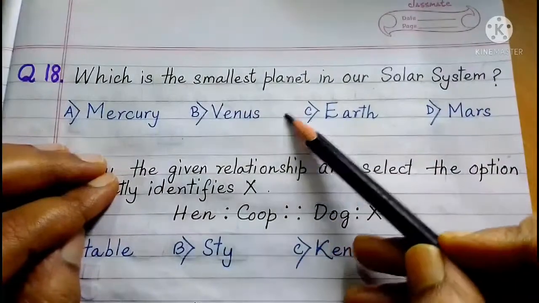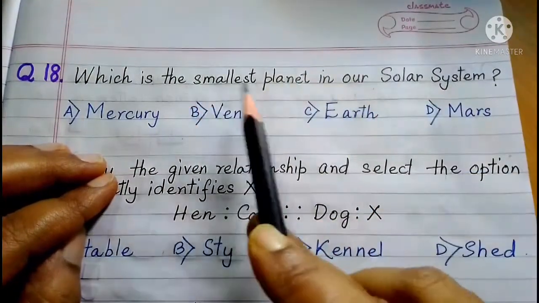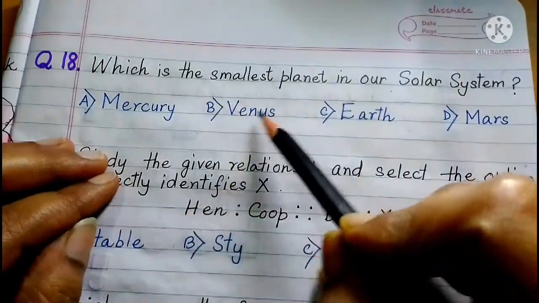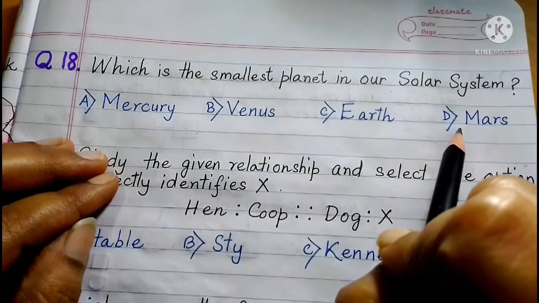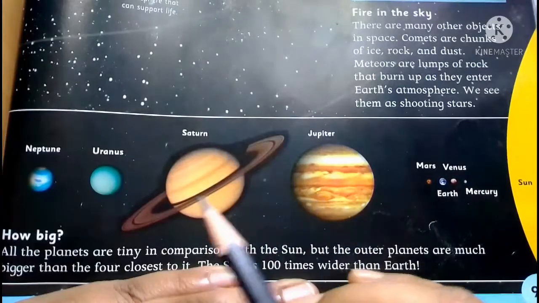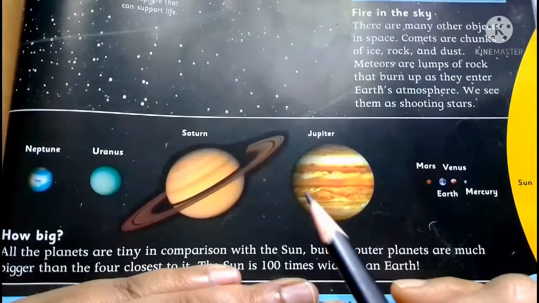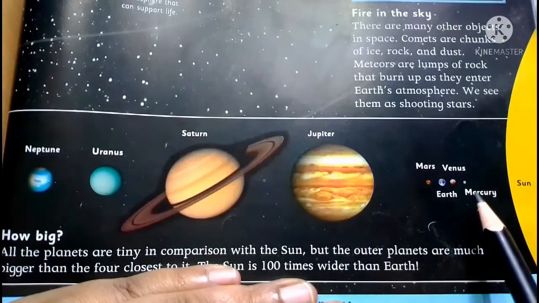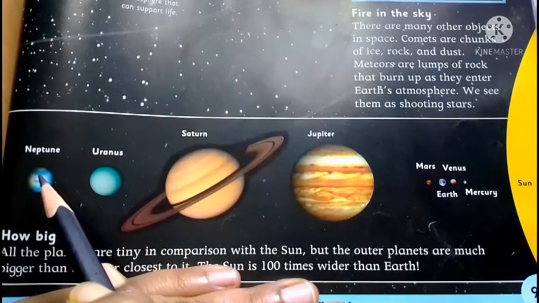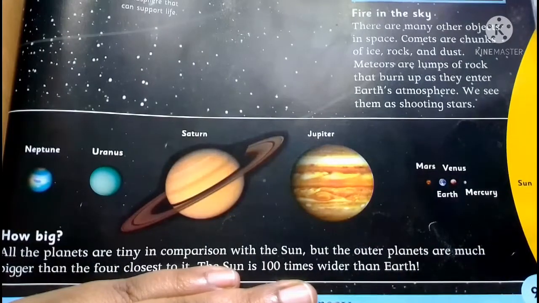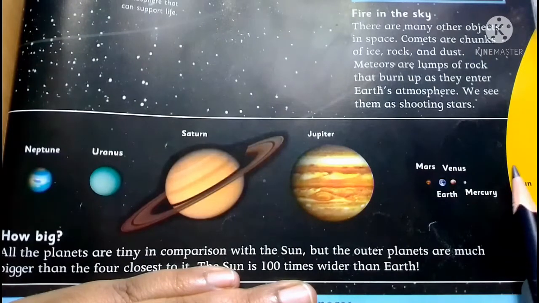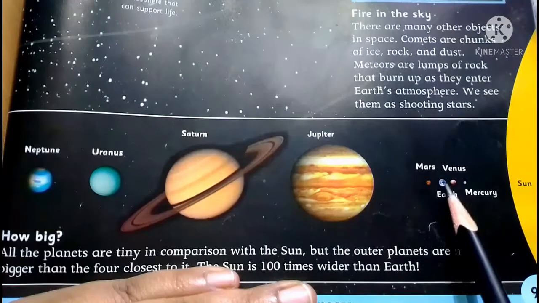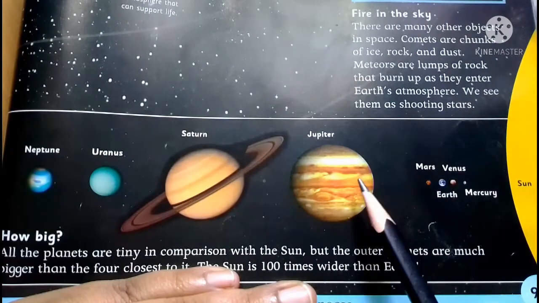Question number 18. Which is the smallest planet in our solar system? A. Mercury, B. Venus, C. Earth, and D. Mars. Now here we have a size comparison chart of different planets. The 8 planets. See, from here we are starting with Mercury and ending at Neptune. So this is the Sun towards this side. And starting with Mercury, so this is Mercury, this is Venus, this is Earth, Mars, Jupiter, Saturn,